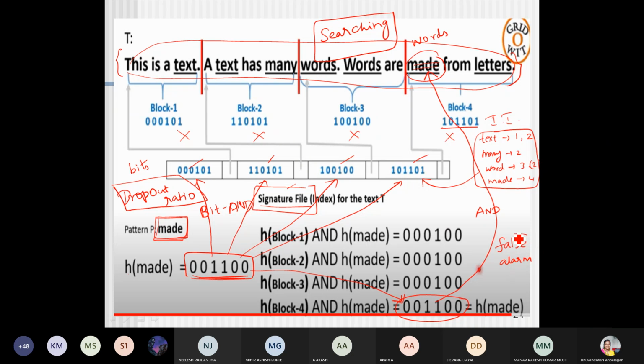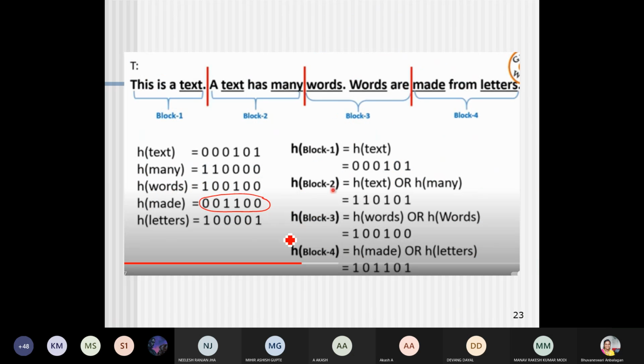This false alarm will happen if you have a bad hash function which returns the result for more than two blocks. See, this block and this block have the same hash value, or this word and this word. I have told you, right?